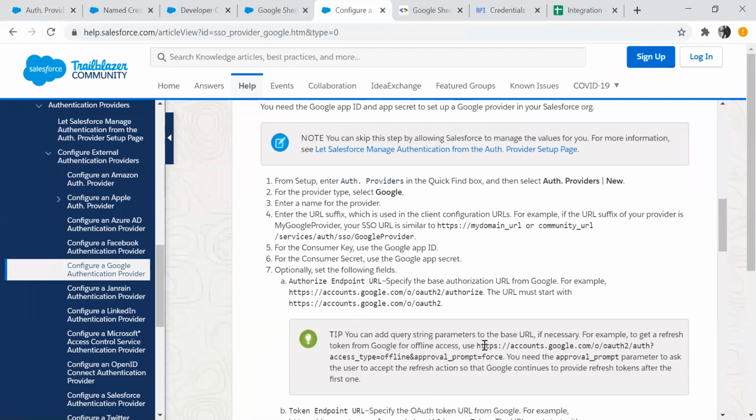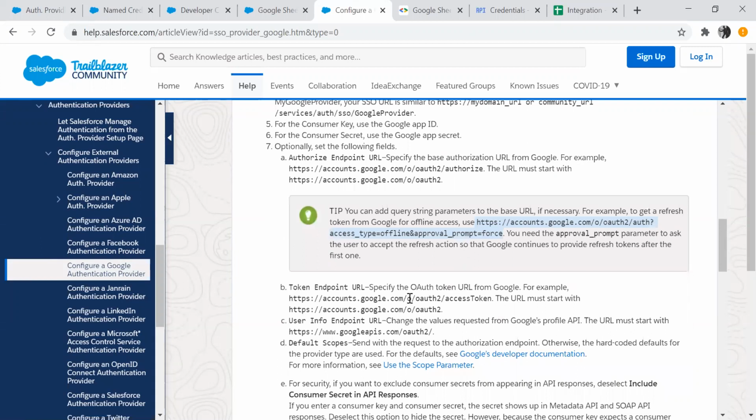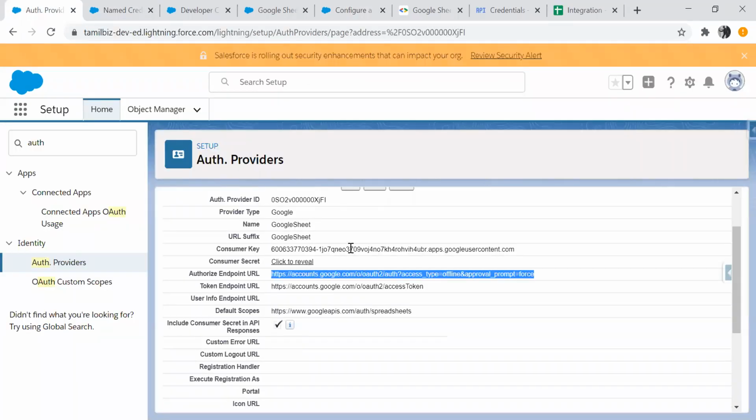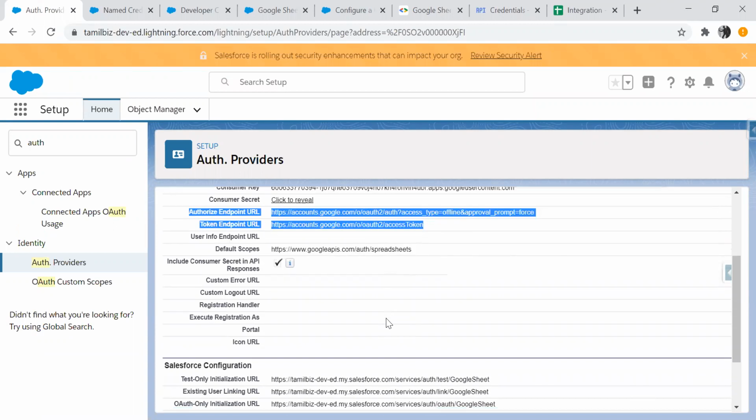Here we can see the information about the authorization URL and the token URL. From here I have taken the authorization URL and the token URL and put them here. The client ID and client secret we got from Google. These two we got from the Salesforce documentation.